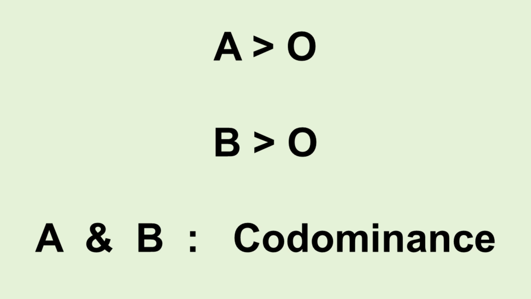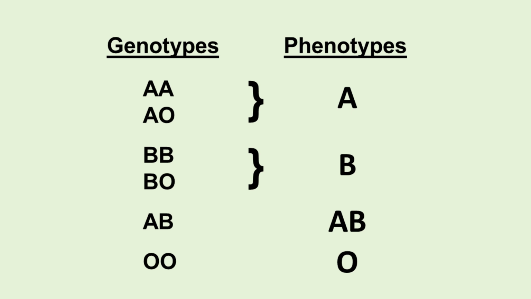A, B, and O. The interaction between these alleles is also interesting. Alleles A and B are dominant over allele O, while the interaction between alleles A and B is codominance. As you see, for 3 alleles, we have 6 genotypes, but due to the alleles' interaction, there are only 4